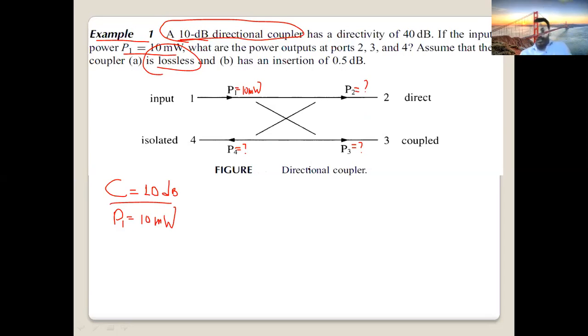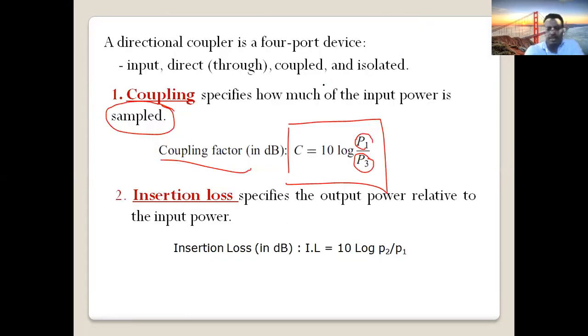You see, this directional coupler is used to divide a signal, right? So the input power at port 1 is given as 10 milliwatt. So the question is, what are the power outputs at port 3, port 4, and port 2? How much power? So let's see the coupling formula. What is C? From here, C is equal to